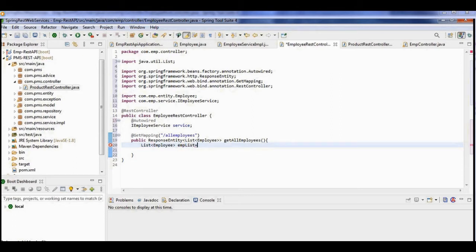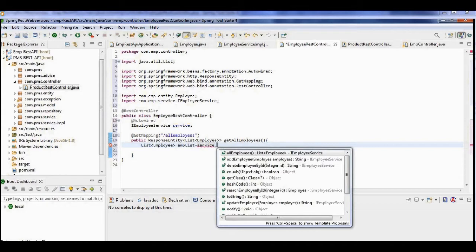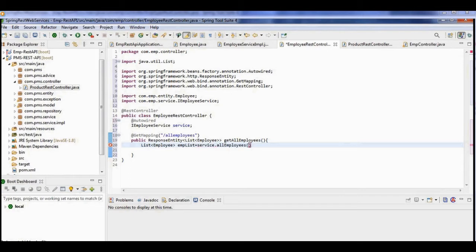Now the basic thing which I told you is that this REST controller calls the service operation. So here we need to call the service method to get the employees. So service dot, as you've seen, this method comes up, getAllEmployees. These methods we have already created. Okay, so call it like this.